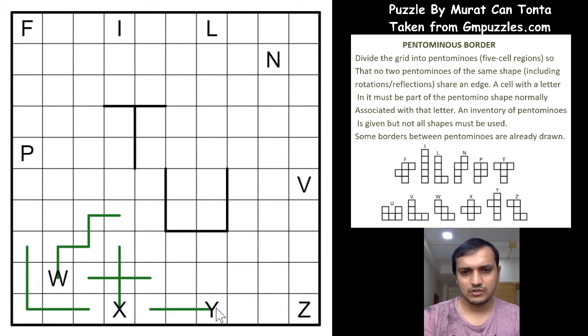Here we come. This can either be Y or any other shape, but we are not sure. If it is a Y, you can have it like this or like this, right? Let's see what the shape is here. And if you see the Z, this Z has two possibilities, right? Either this way or this way.